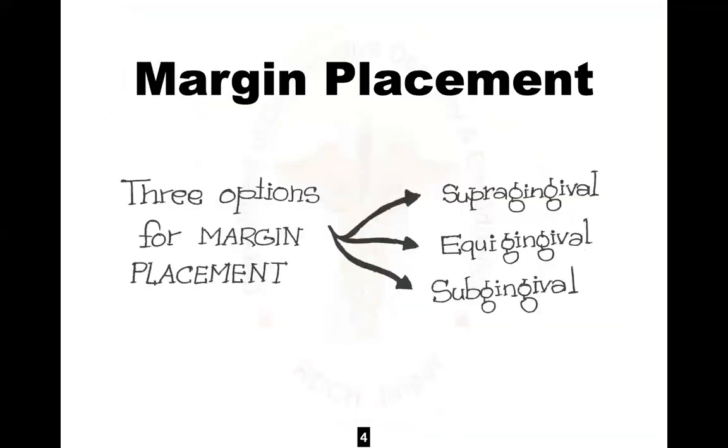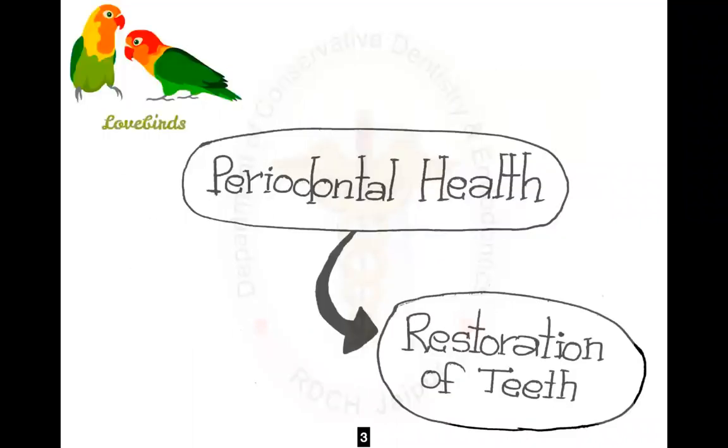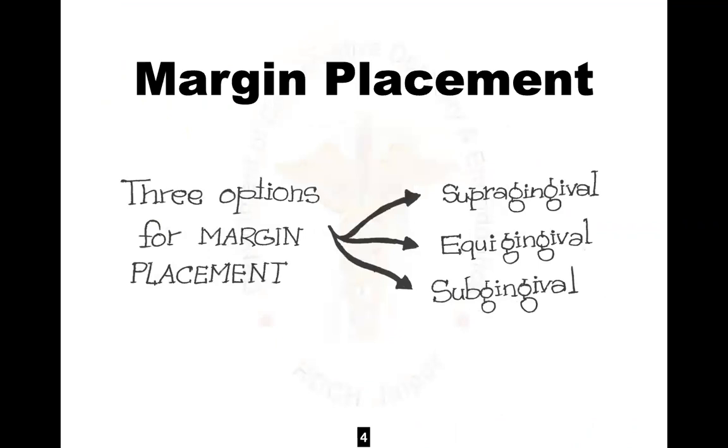Next, as I just described in the outline, I will be talking about margin placement. This relationship that we have of the periodontium and restoration is intimate and inseparable. So you have to plan each and every step of your restoration accordingly, and that's why we've got three kinds of margin. You might have heard these in prosto or somewhere in perio. So you can just write down the names and that's it.